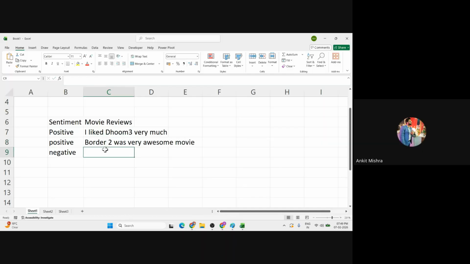And for negative, let's take an example. Well, I usually don't watch that many movies, that is the reason I'm not getting any negative movie name right now. Guys, suggest me any negative movie name, like negative reviews.